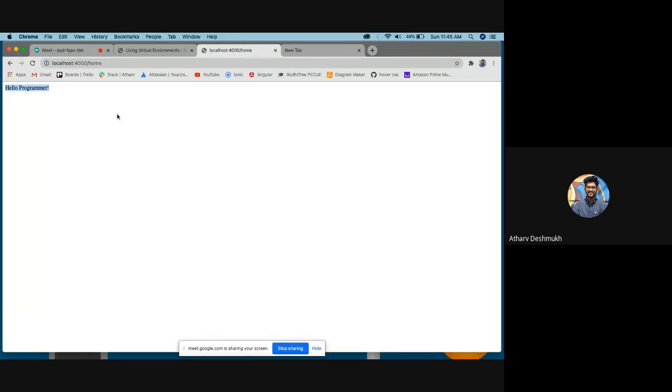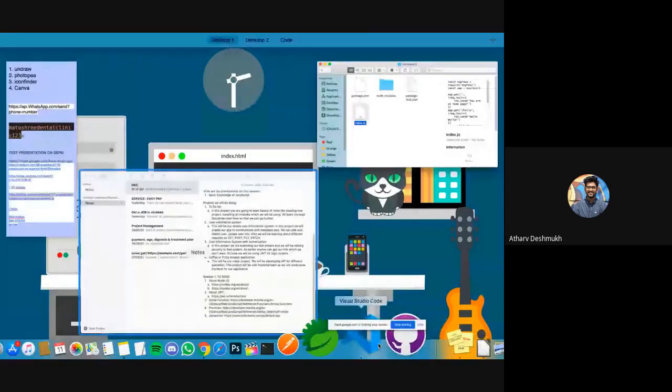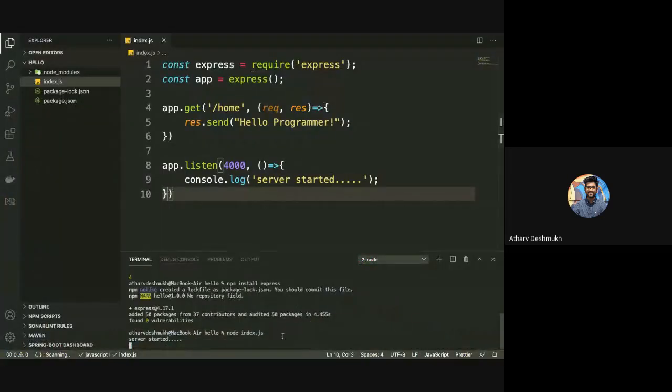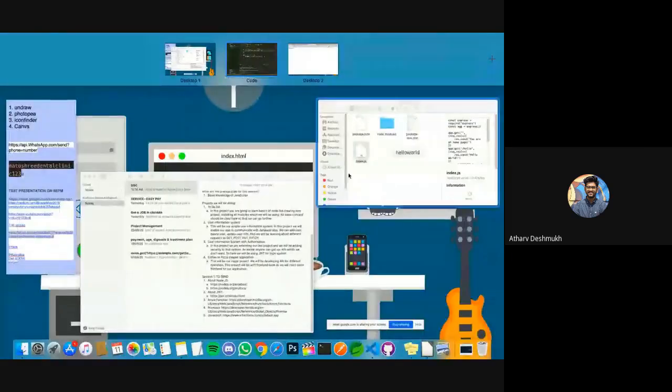So this is what we have done right now, right? As you can see, we have imported the express module, initialized it, and here I have written one get request mapping for slash home. If the user enters localhost slash home, then it should give some response, right? So this is what our today's agenda was, to do a simple hello world. Right now this is very basic, right? Now, in upcoming sessions we will be developing some advanced level projects, right?